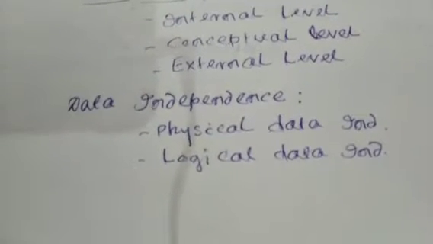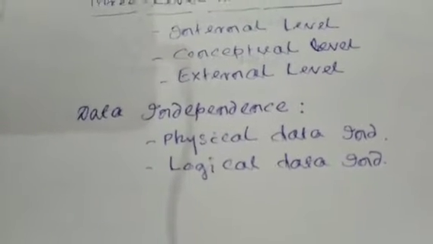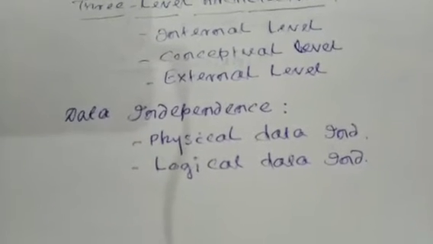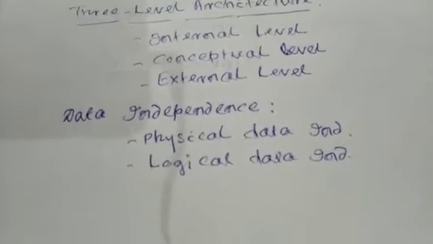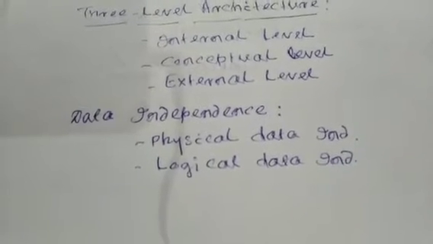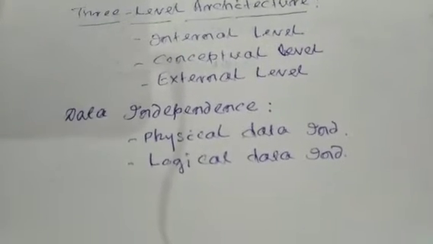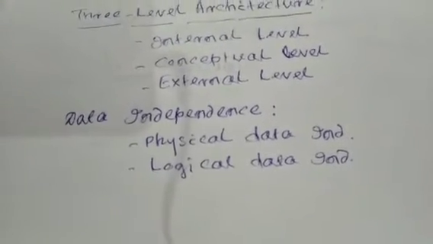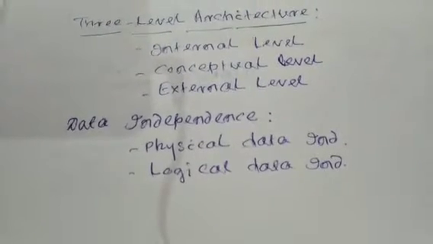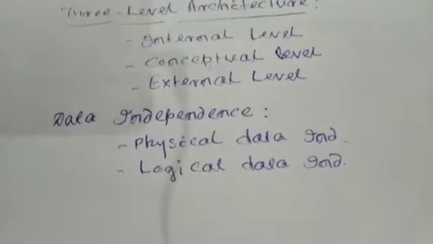Okay, so DBMS data independence is defined as a property of a database management system that helps to change the database schema. What is schema? Schema is the overall design of the database, or it is the outline or a plan. So data independence is a property that helps to change the database schema at one level without affecting